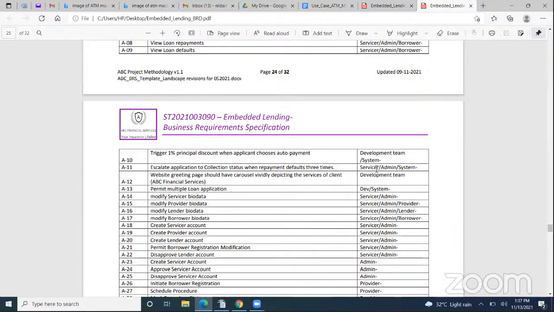The servicer, admin, or the system should take care of escalating application to collection status when repayment defaults 3 times. And then the development team will have to come up with a website that has a greeting page with a carousel that depicts the services of ABC Financial Services. Then the next